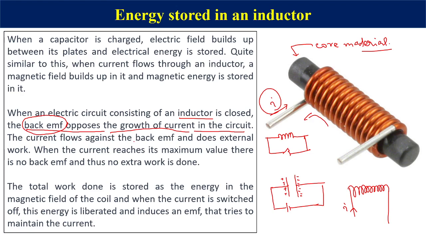Now suppose you are moving somewhere and there is no opposition. In that case, you can move very easily. Suppose you are moving a ball on a road with no friction, or friction is less. In that case, the ball will easily roll down. But if you encounter very high frictional forces, you will face difficulty and you have to do much work in order to move that ball.